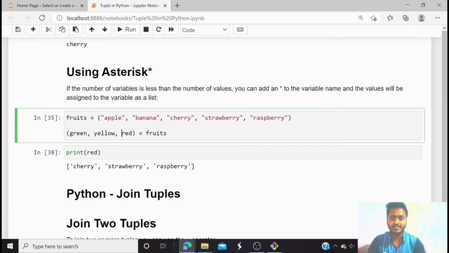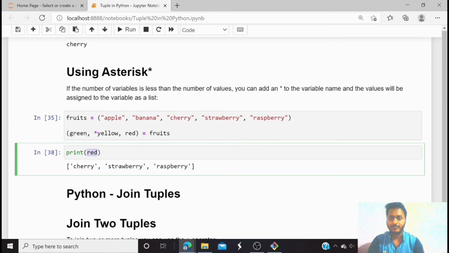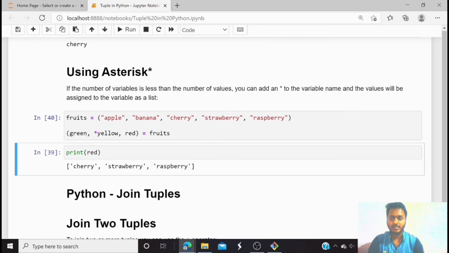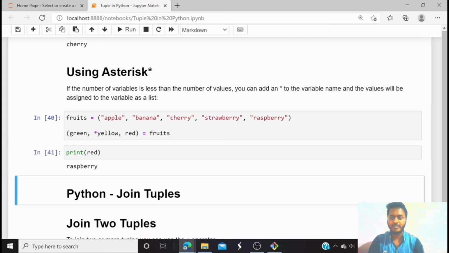If I use the asterisk sign at the yellow one, let's see what it had stored. If I use red, here you can see, if I execute this again, red had stored only raspberry pie.